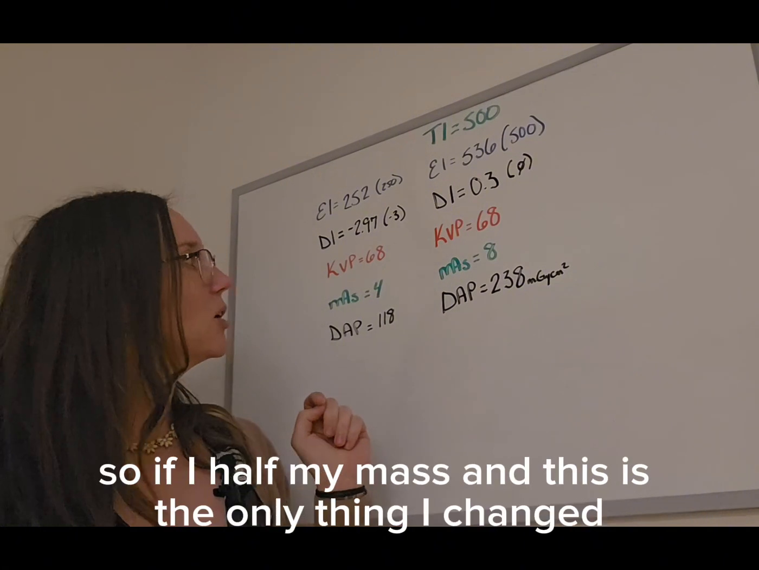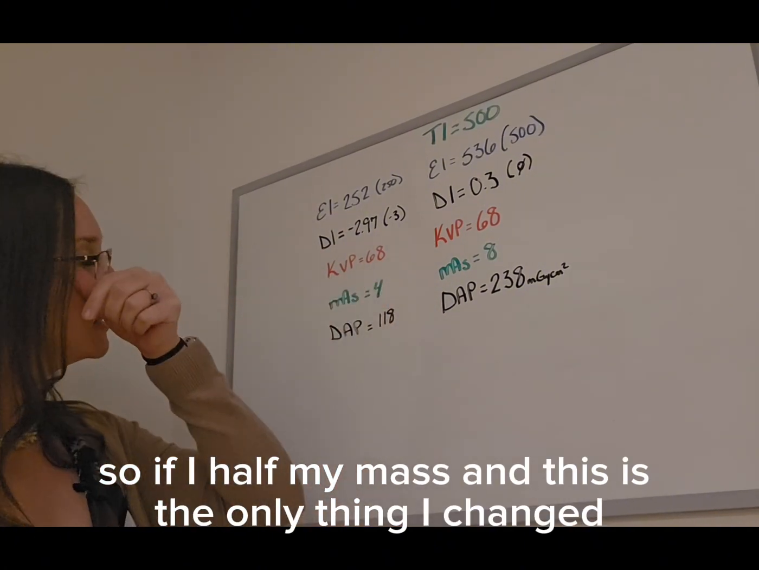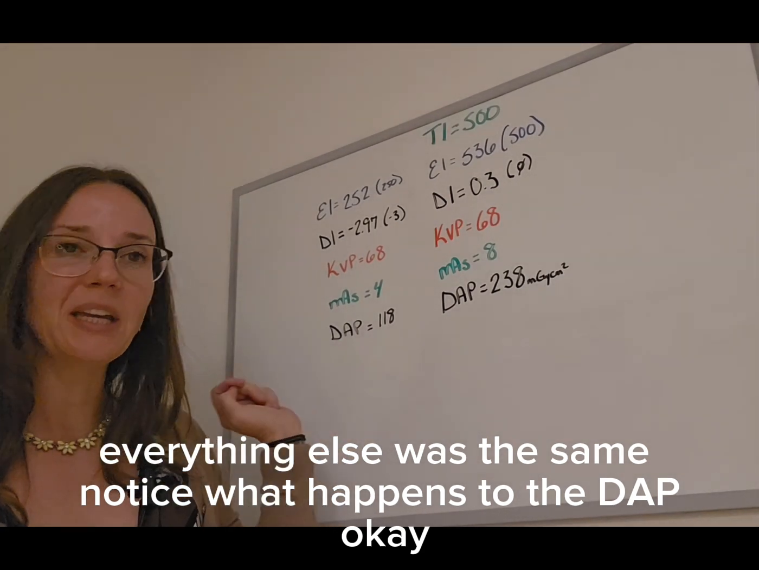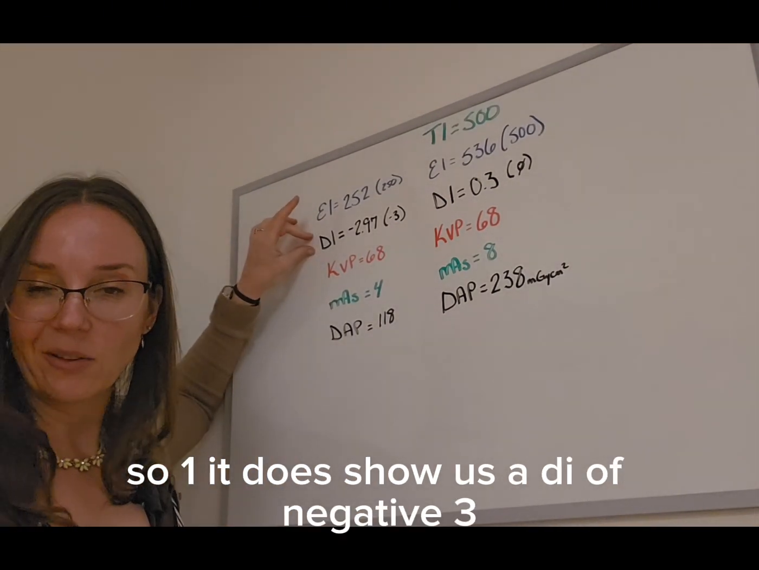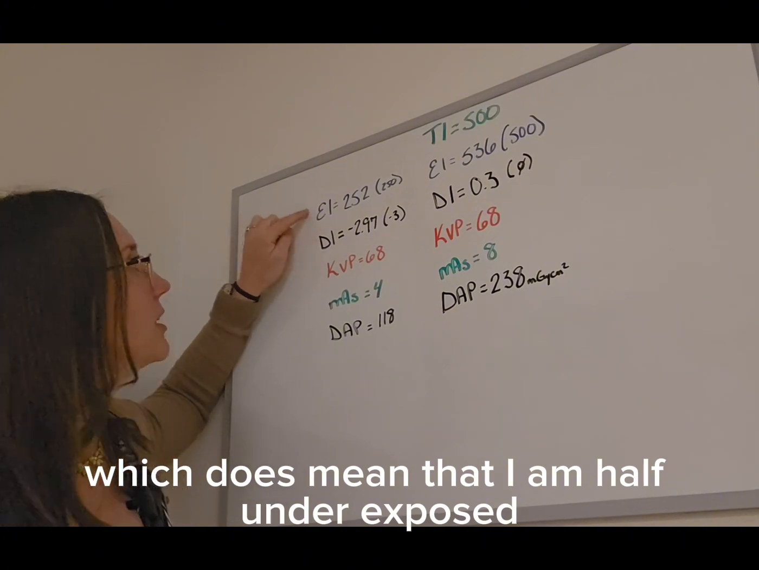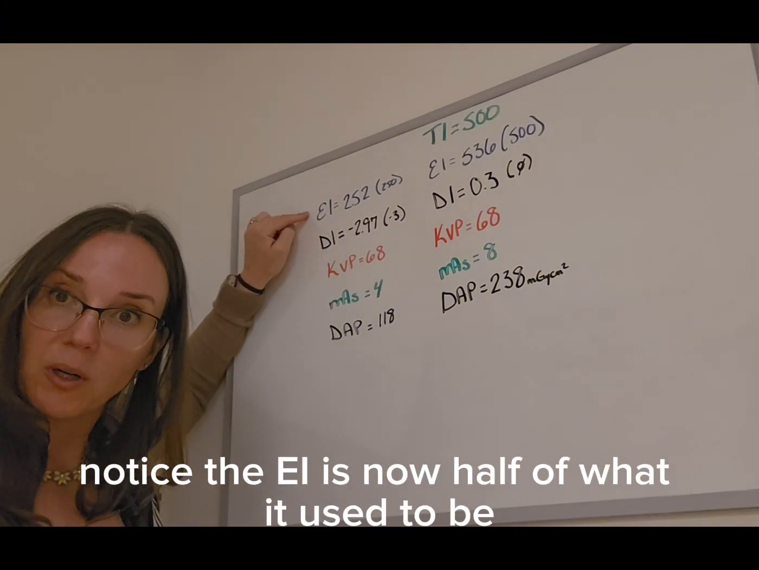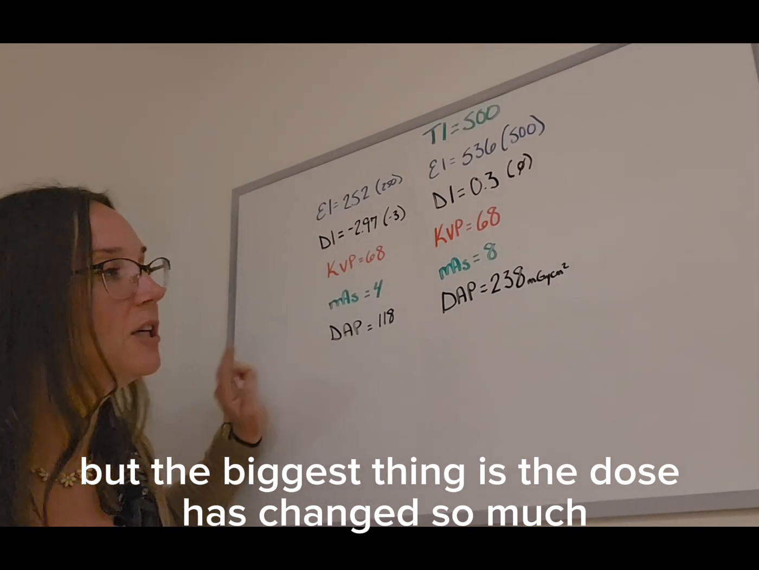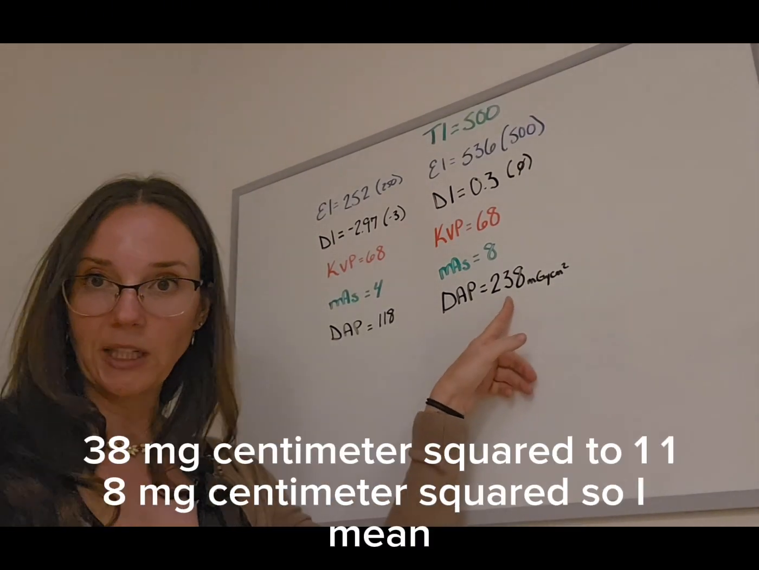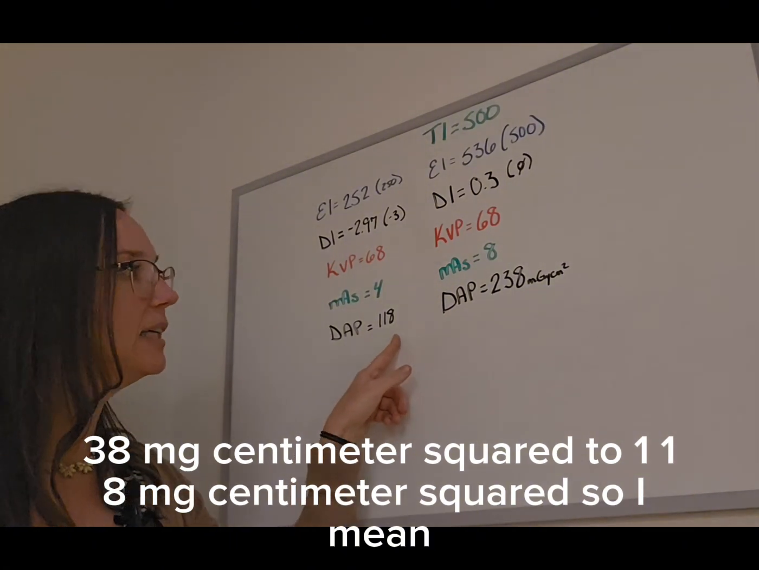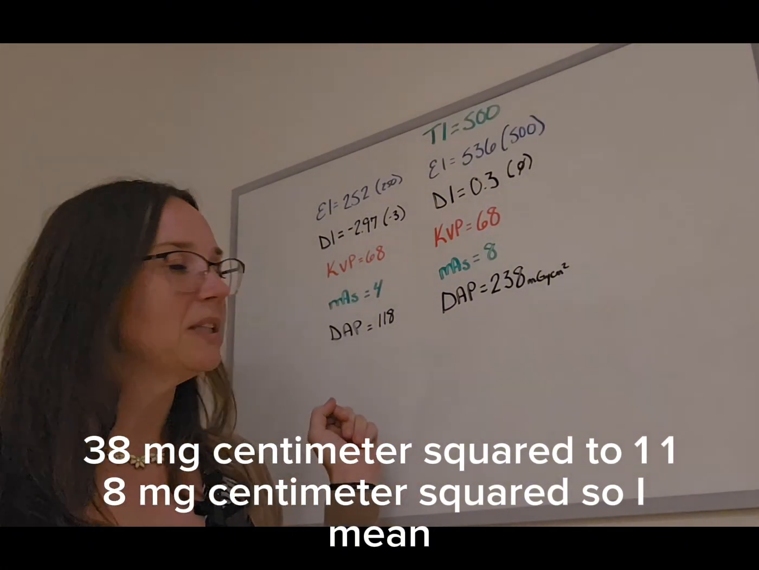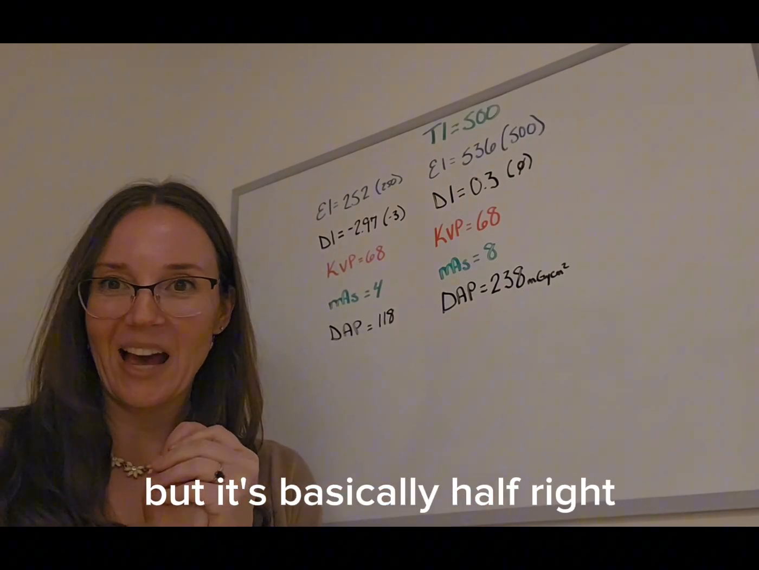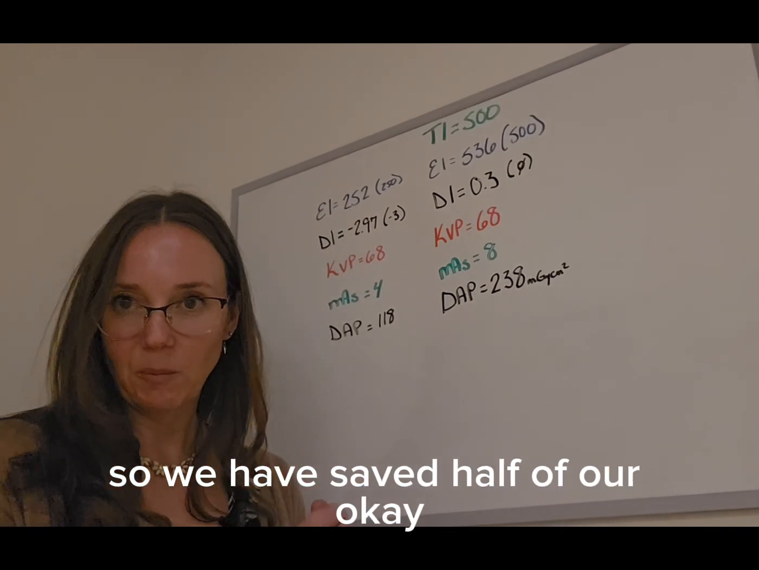mass, right? So if I halve my mass, and this is the only thing I changed, everything else was the same. Notice what happens to the DAP, okay? So one, it does show us a DI of negative 3, which does mean that I am half underexposed. Notice the EI is now half of what it used to be. But the biggest thing is the dose has changed so much. The dose has gone from 238 milligray centimeter squared to 118 milligray centimeter squared. So, I mean, it's not 100%. I think 119 would actually be half, but it's basically half, right? So we have saved half of our